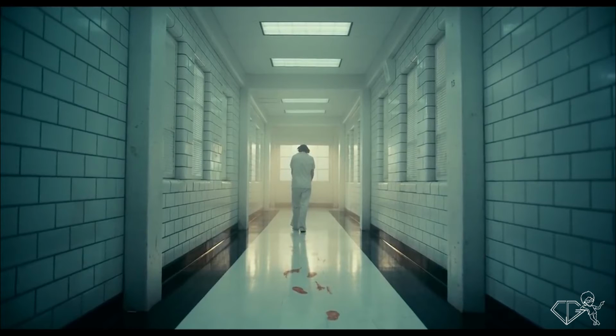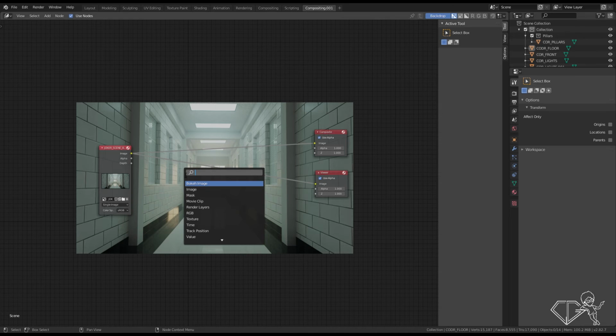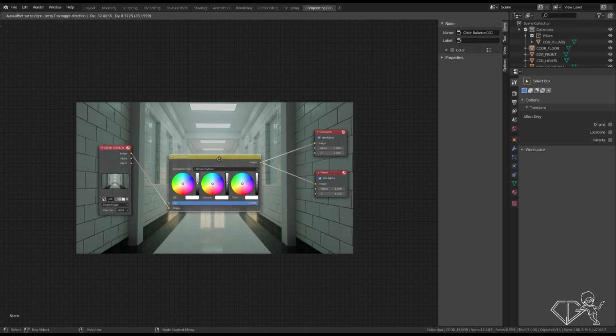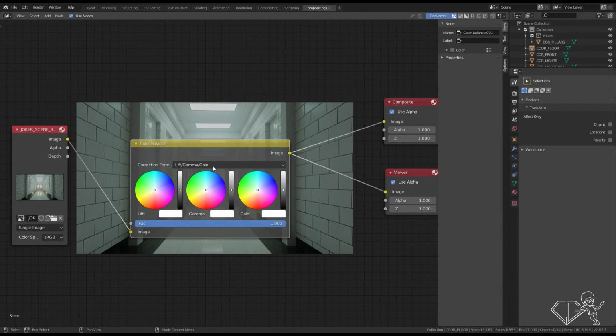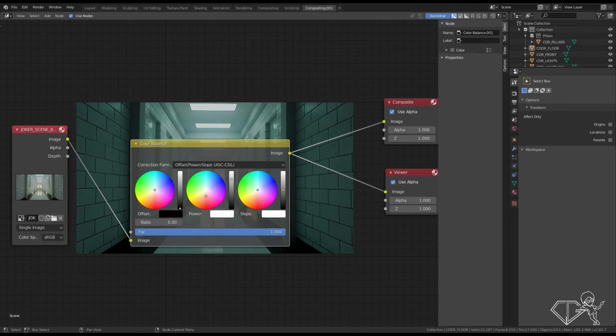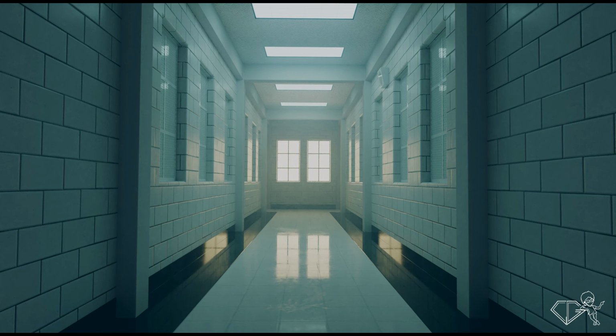So to add that natural look to our scene is by doing a color grading. How to do it in Blender is you go to the compositor and add the color balance node. That's all you need for color grading. So as I'm working on Filmic color space, I'm gonna change it to offset power slope. There's only one thing: the middle wheel works the opposite way. Like if I set it to blue, it will actually turn out yellow. So just setting it to the opposite side. And then I just added in a brightness contrast node to give it a final touch. So that's it, I'm done with the final compositing and had a match between the reference and the rendered image.